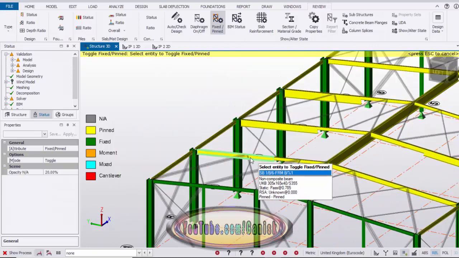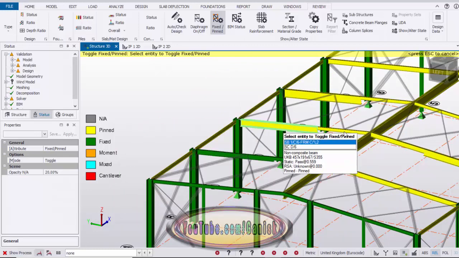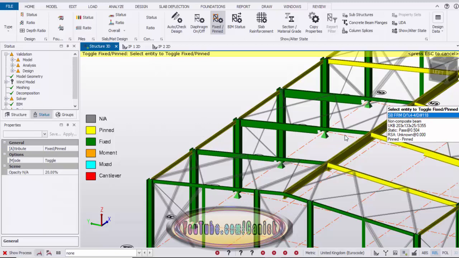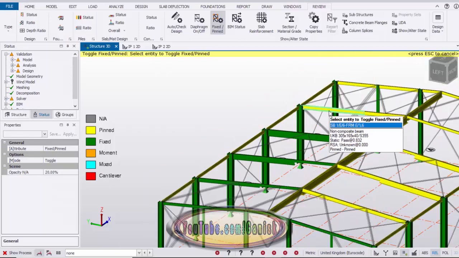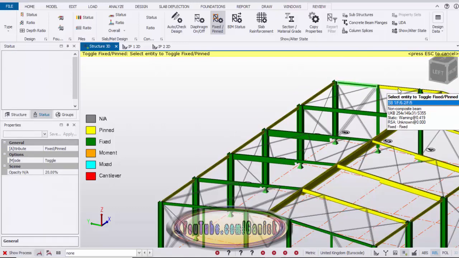All types of rafters, we're going to change to a fixed connection. Just click on the rafter to change the connection type.